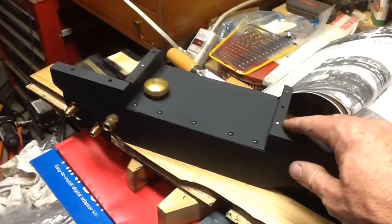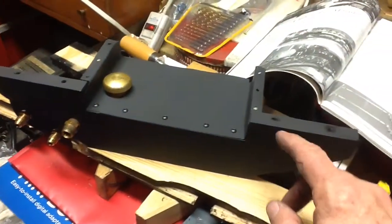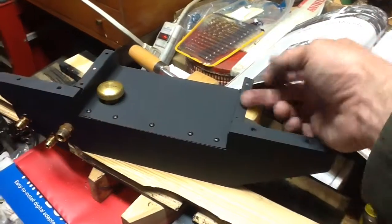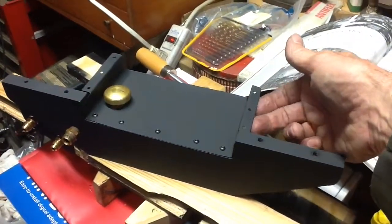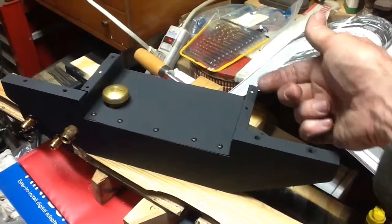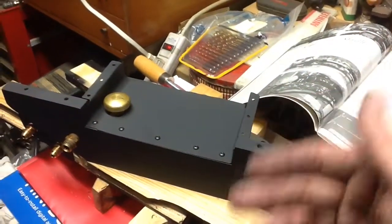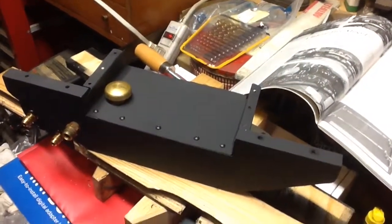In a few minutes I will go ahead and screw this in, loosely locate it, and then I can mark out and drill and tap the holes, the 3 on each side that will go into the running boards. And then when I'm done with that, I'll remove these plates, put them aside, and then